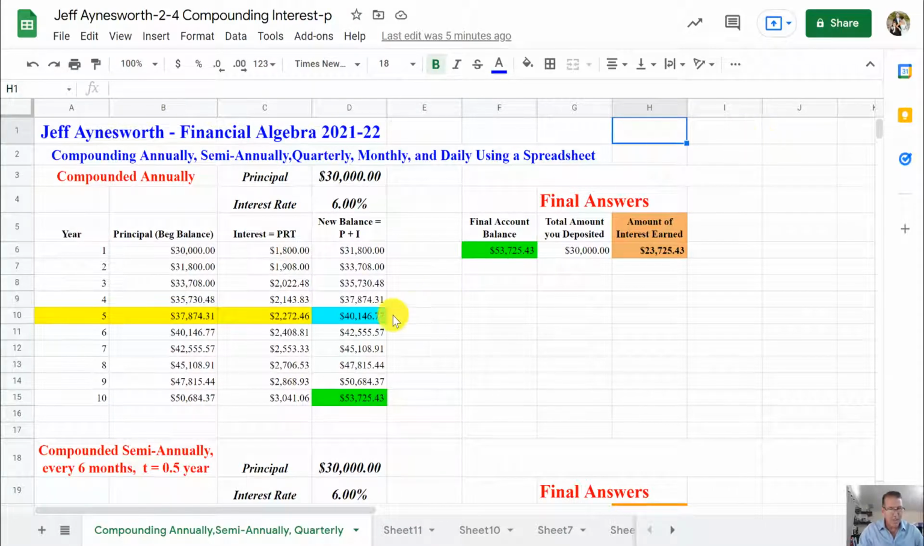This is Mr. Aynesworth, and we're going to get into a little lesson here on how to compound interest multiple ways. We're going to start off with annually, and then we're going to go into semi-annual compounding interest, and then quarterly, monthly, and also daily. We're going to do this on a spreadsheet program called Excel, or the online format is called